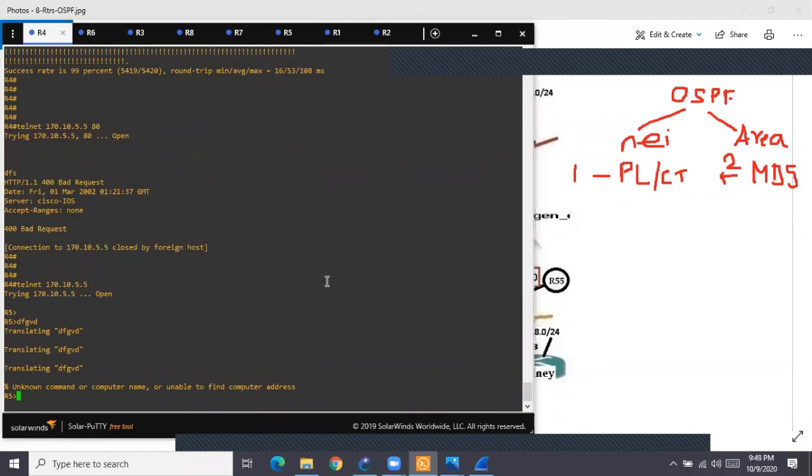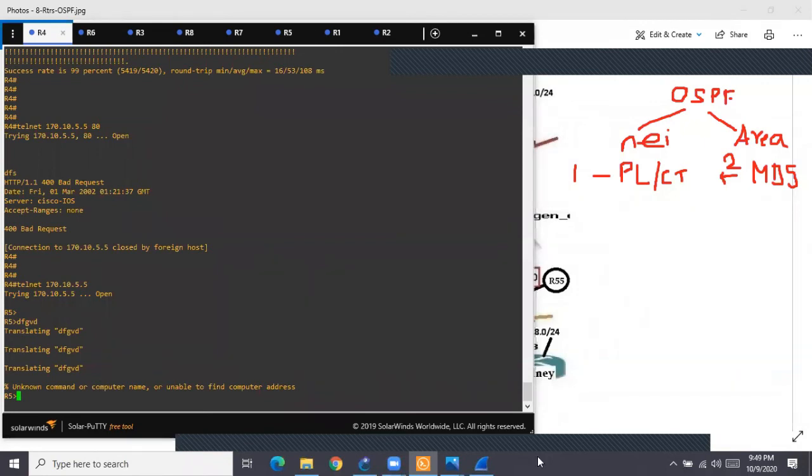Now, what is the problem with HTTP and telnet? The traffic goes as what? Clear text. Telnet is not secured, and that's the reason in the industry people prefer what? Whenever you want to remotely access, we have SSH configured. SSH is not supported by default. Later on, I'll show you how to configure SSH. Right now, please understand SSH is better compared to Telnet.